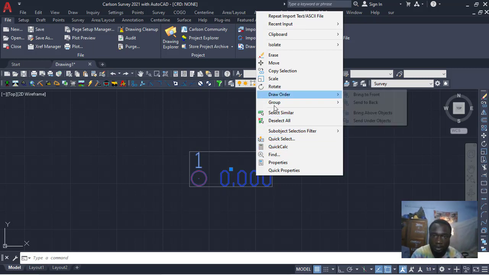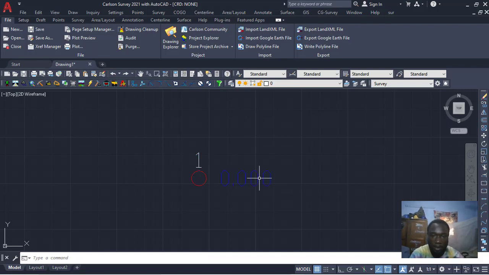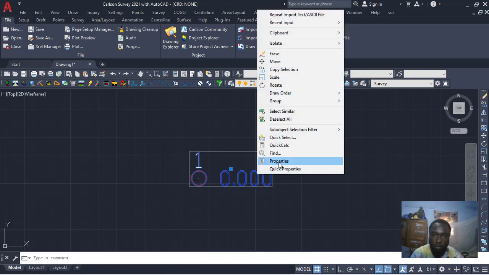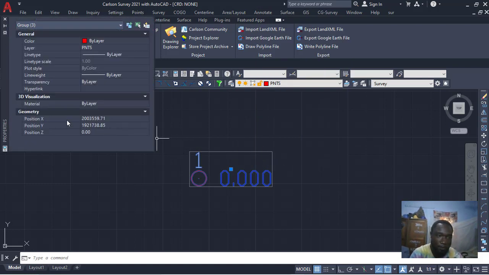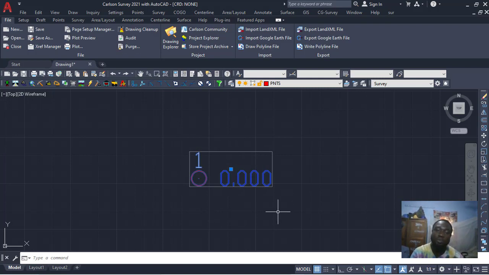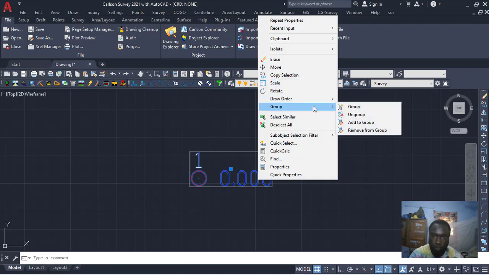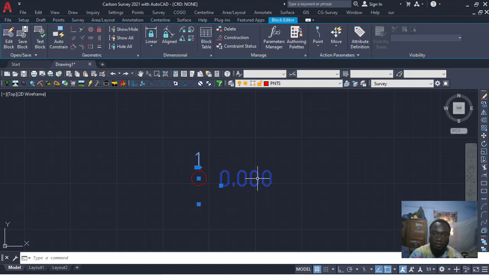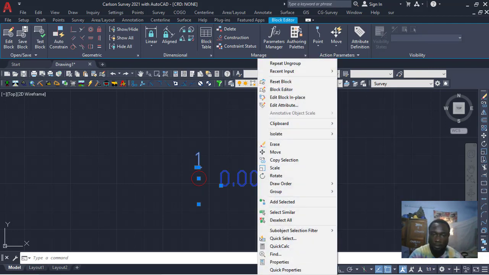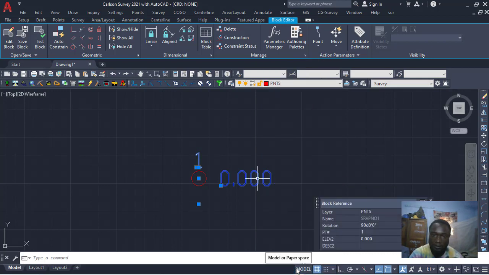Okay, before that let me show you the point. Just select it, right click and go to properties. You can see this is my point. You have the Y point, X point, and the Z. You can see the Z is 0. Now I have to eliminate that one, and you can see that everything is grouped to be one. So first I have to ungroup it before I can delete it. Select everything, right click, go to group, ungroup. Now I'll select again, right click, go to quick properties, and then select everything, delete, enter,